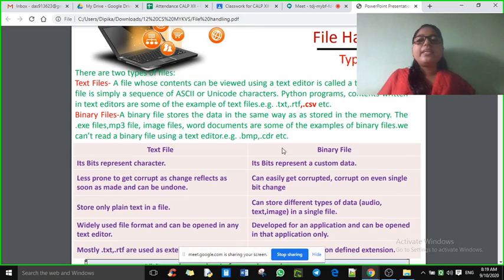Now there are different examples of file, for example text file, binary file and CSV file. So what makes them different from each other? First is text file. Whatever characters are represented in a text file are in text format, whereas a binary file represents custom data. What is binary? It is